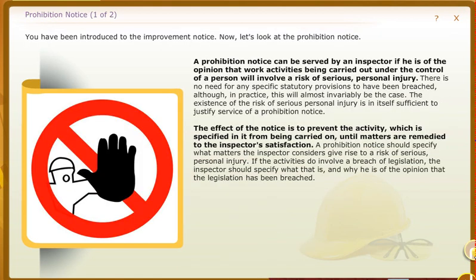You have been introduced to the improvement notice. Now, let's look at the prohibition notice. A prohibition notice can be served by an inspector if he is of the opinion that work activities being carried out under the control of a person will involve a risk of serious personal injury. There is no need for any specific statutory provisions to have been breached, although, in practice, this will almost invariably be the case. The existence of the risk of serious personal injury is in itself sufficient to justify service of